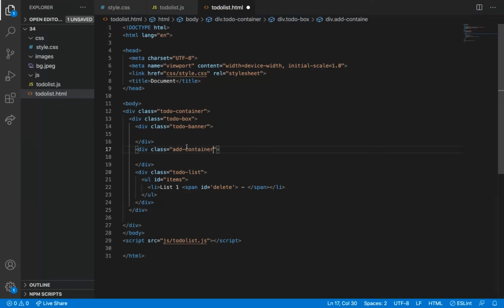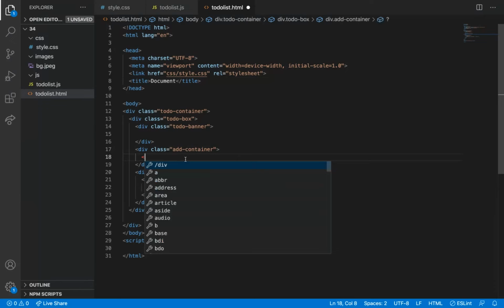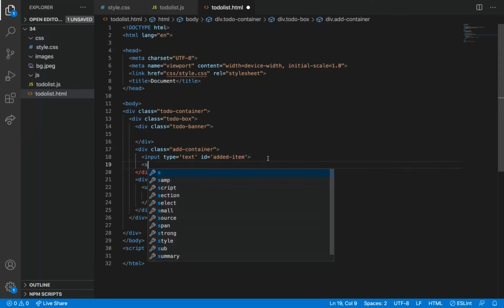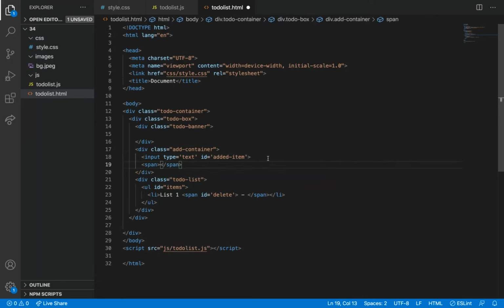Inside of it, I'm going to have an input type equal to text with the ID of added item, and then a span with the text plus and ID equal to add.